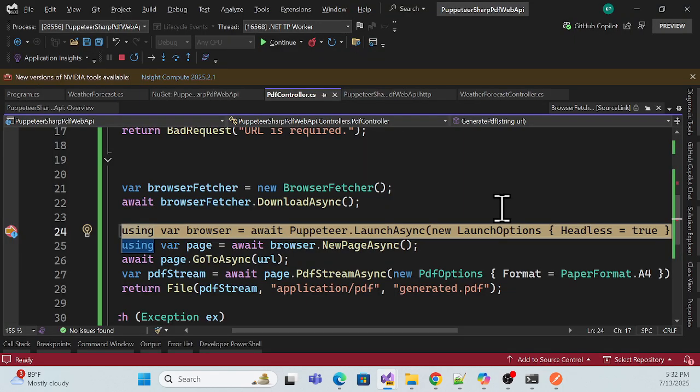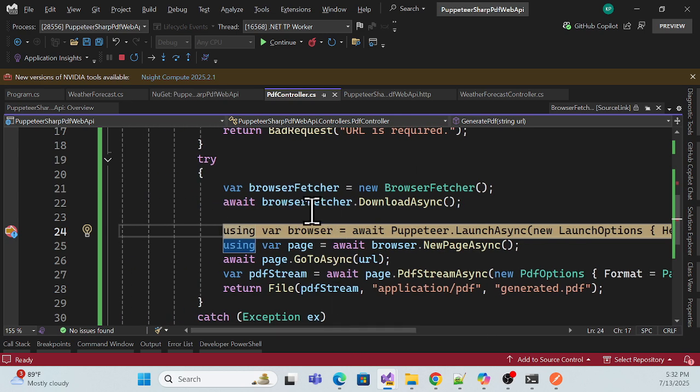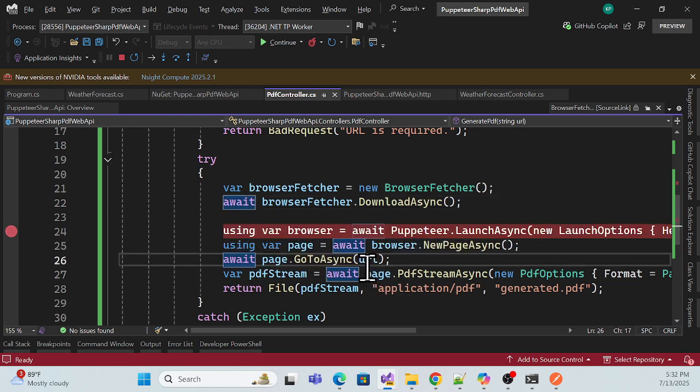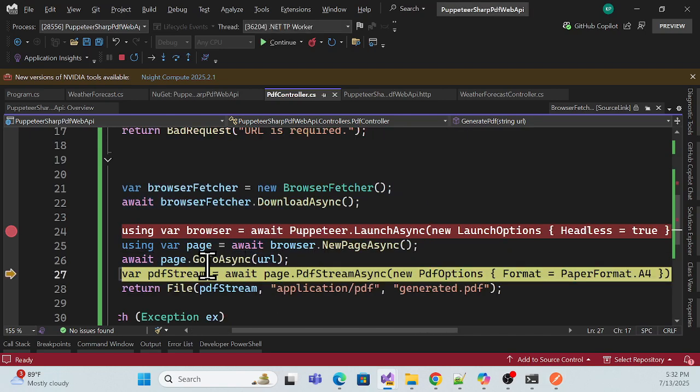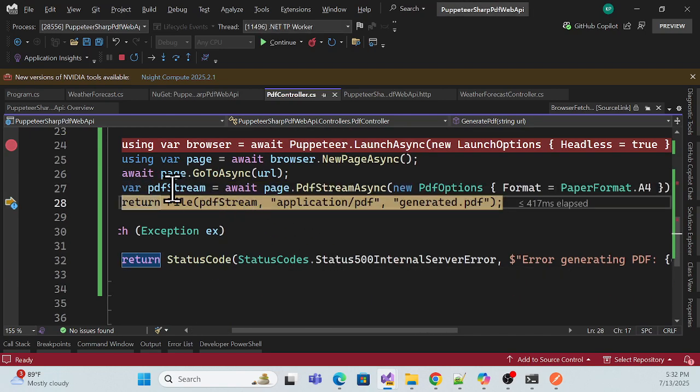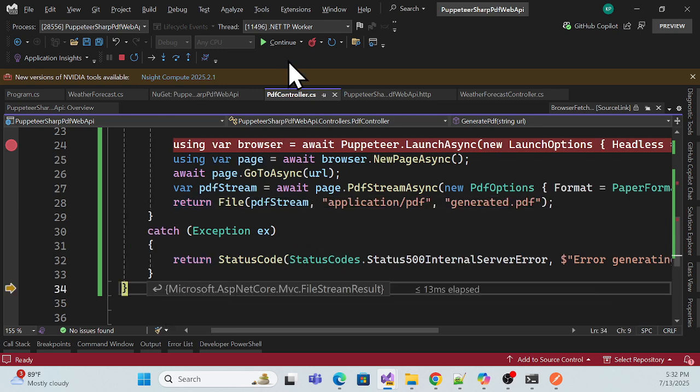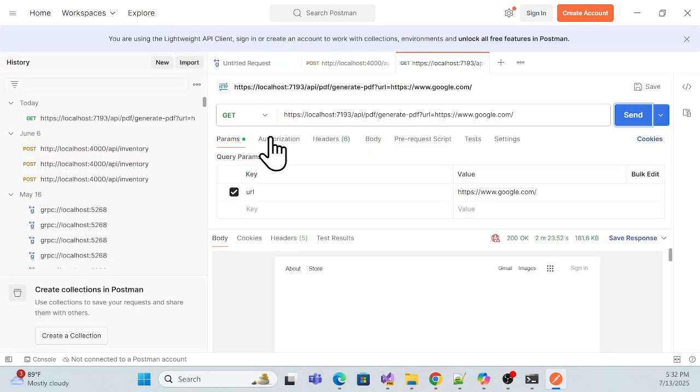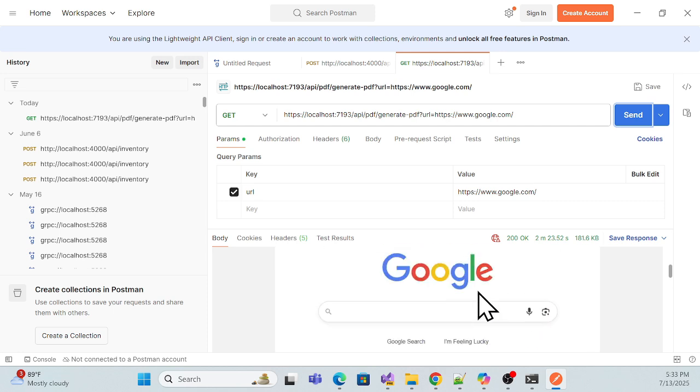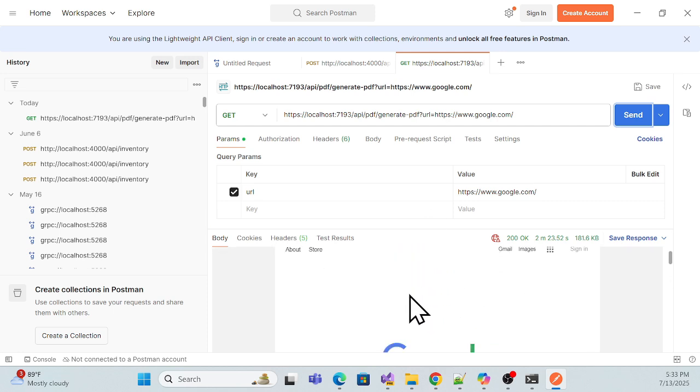the browser. Okay, now see, the download is completed. But if you're doing it the first time, definitely it will take some time, because this downloads a complete browser in your application, right? And then if I move to the next step, now see, finally I generate this PDF stream, and this PDF stream will create that PDF. Okay, so once you continue, now see, that PDF is generated in here,